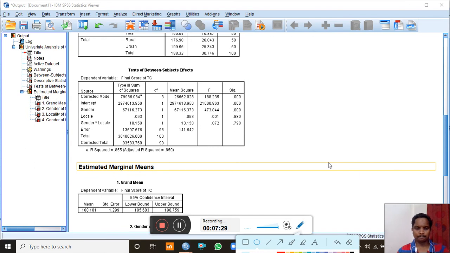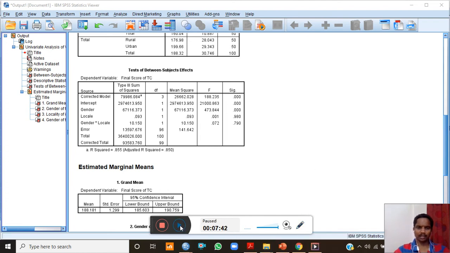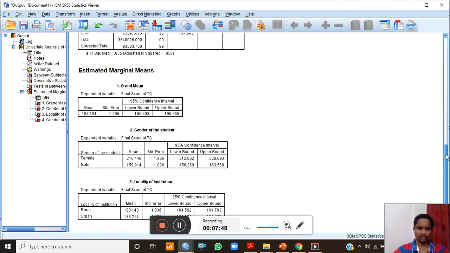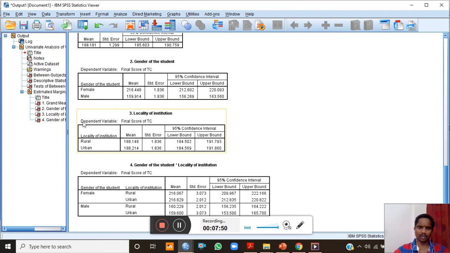So this is the only significant result. By that I mean there is a main effect of gender on the teaching competency, but locale and both gender and locale in a combined way don't contribute to the teaching competency. Now you can see the rest of the results, which were not required for us.